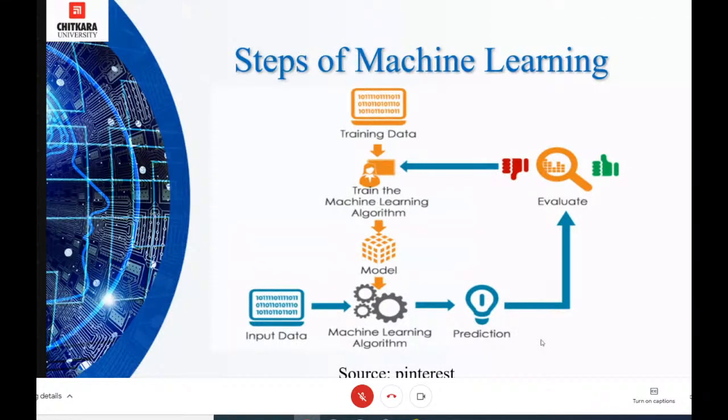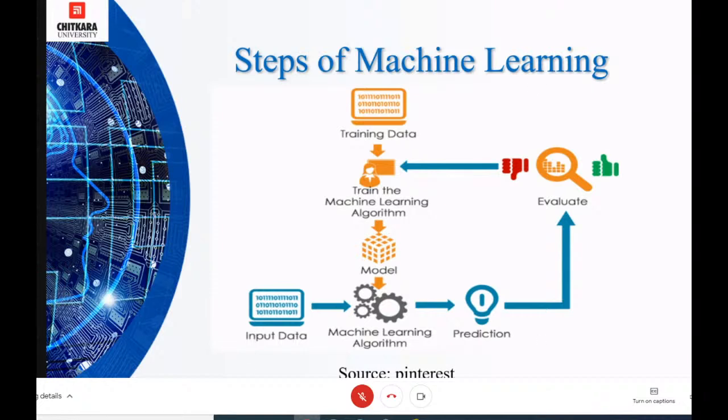In machine learning, there are three important tasks. The first task is to train the model, the second is to validate it, and the third is to test it.